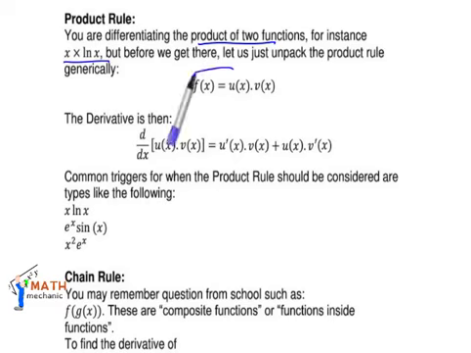So this is how it is typically defined. F of x is equal to u of x times v of x. And what it basically comes down to is there's the one function. You should know from function notation, you've got a name and then a bracket and a variable. So u of x is a function of x, and v of x is another function of x. And they like to use the u and the v in the definitions of the product rule, the chain rule, and the quotient rule. So don't get confused with the u and the v. Those are just two names given to two separate functions. And specifically now we are looking at the multiplication of those two functions.